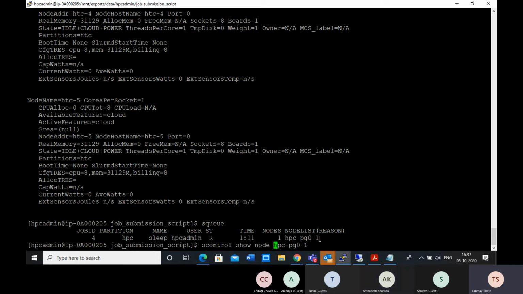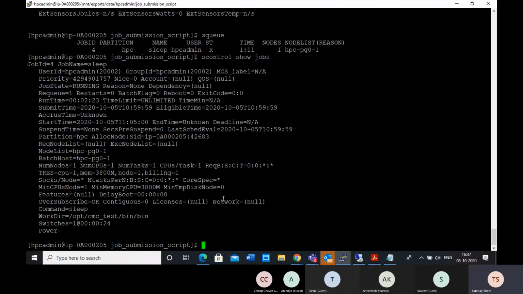But there is one more option, scontrol show jobs. If you see here, somewhere you can see number of nodes 1, number of CPUs 1. Can you see this? Yes, okay. So SQ is the quick one.